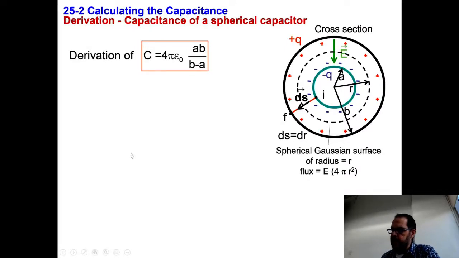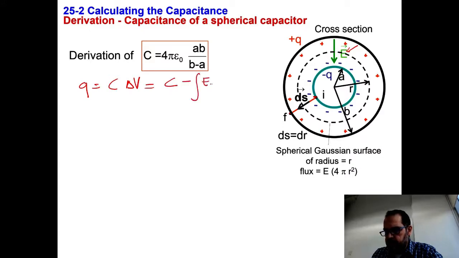Okay, so let's derive this, and we will do the same method. Let's assume the outer spherical surface has a charge Q, the inner surface has a charge minus Q. So this is the electric field established between the positive and the negative terminal of the capacitor. Let's assume the initial position is on radius A, the outer is on radius B, and we want to determine the capacitance. So we write Q is equal to C delta V,